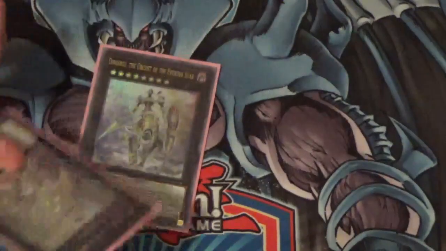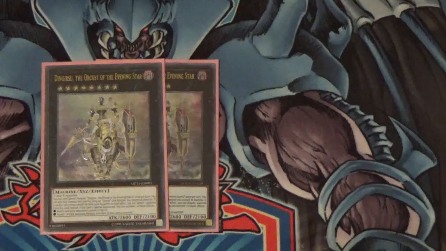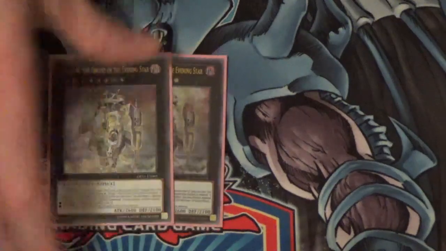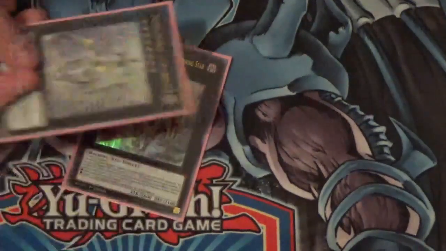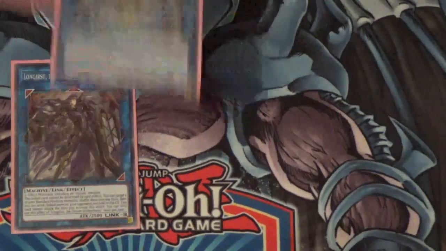It's going second. You just send something to the graveyard, which is incredible. Being able to send things non-targeting wise is great, and Dingirsu helps you do that. So part of the scrap combo would be you summon this guy, and then you've popped 2 cards on your opponent's field. Then Lungirsu, and I'm actually running